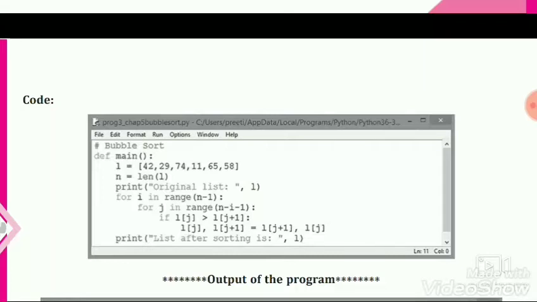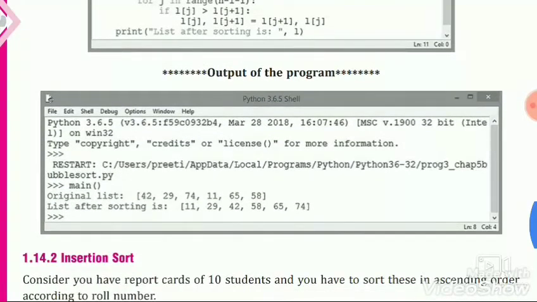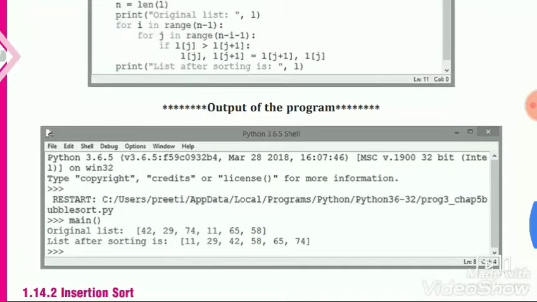Then we print the list after sorting, and we show here our original list and the sorted list. So let's see how the program will work.